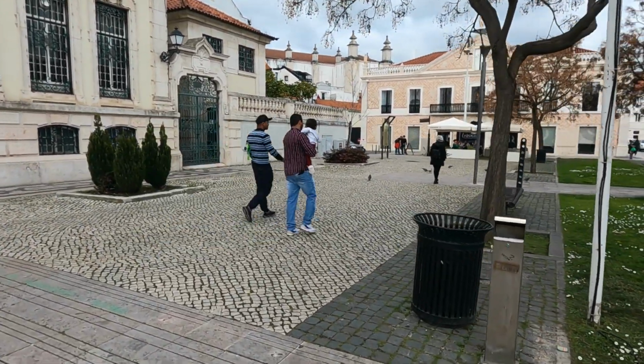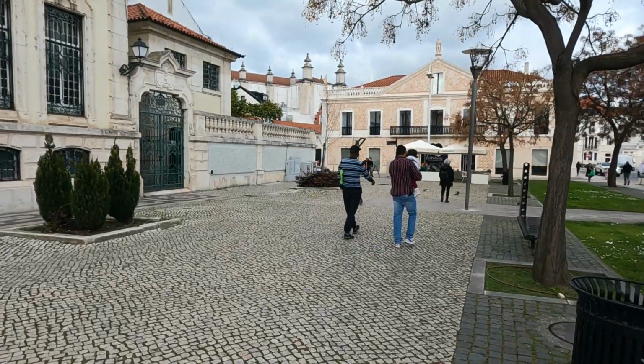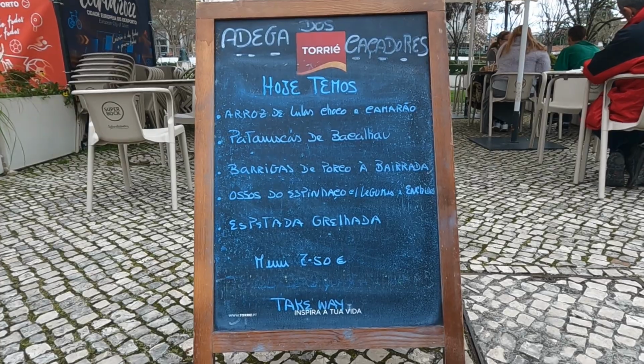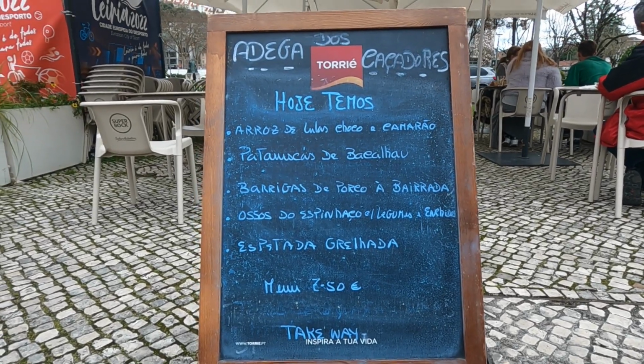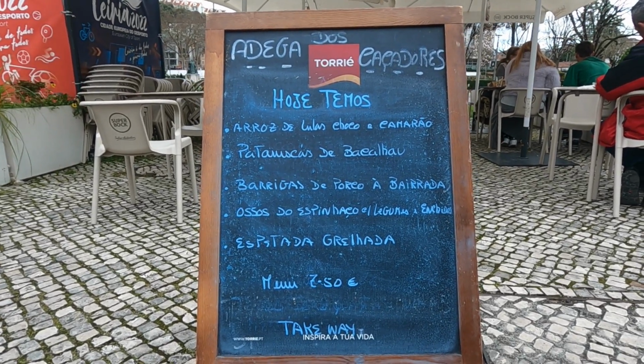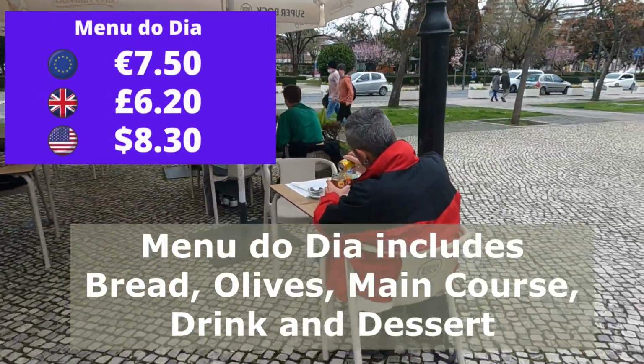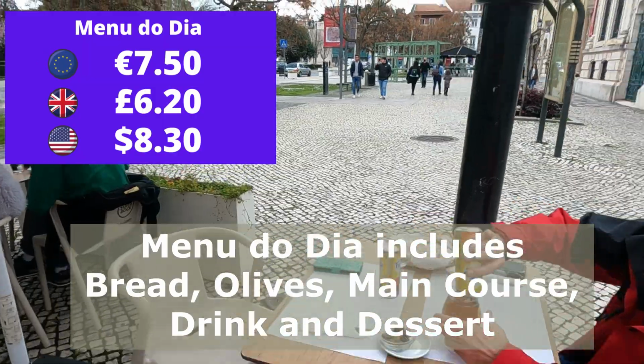Amanda's talking to a waitress down there. She may have found something for lunch. So we've decided to have lunch right on the square, and these are our options. I've gone for the bacalhau and Lee's gone for the pork belly. Nice to sit outside even if there's a bit of construction work